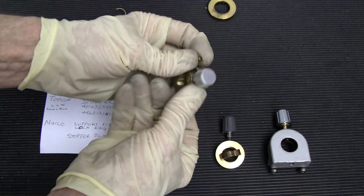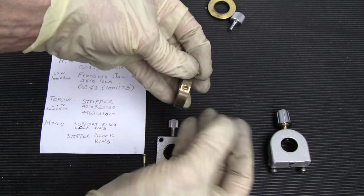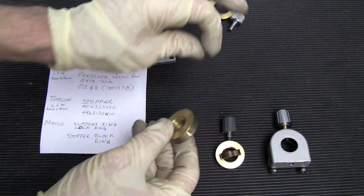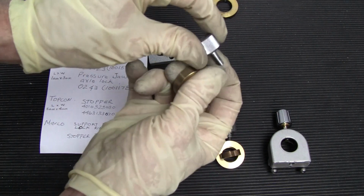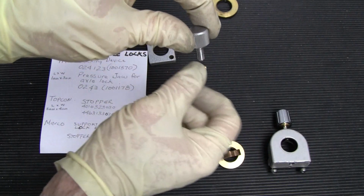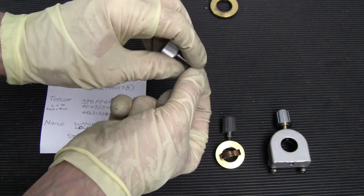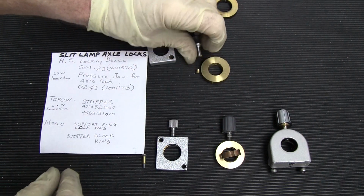And so when you're taking your knob off to look at the axle, if you can move your axle in and out and you can see the axle, that means this little puck is missing. These can get lost too, and when it's gone, the axle's brake screw is just pushing right onto the axle. And yeah, it works, but it's not the way it was designed to work. So that's the normal, usual Topcon